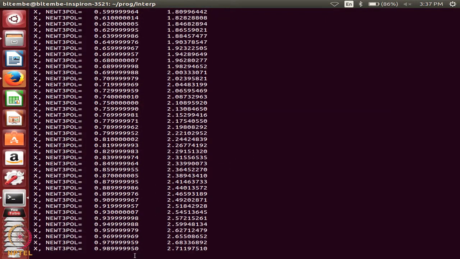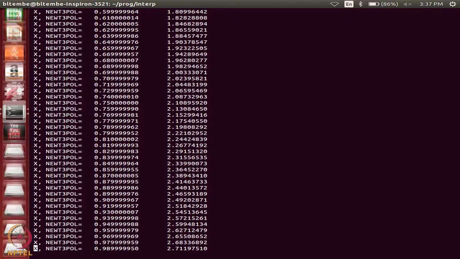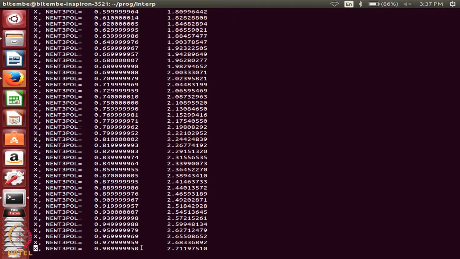So, my last value is 0.99 and the value of the function is 2.71. This is my interpolated polynomial, and this is my independent variable x. Now, you will see that instead of 0.99, my value of x that is written is 0.9899995. So, as far as we are concerned, it is a recurring 999. So, instead of 0.98999, I can read it as 0.99 as well. This is my interpolated polynomial.